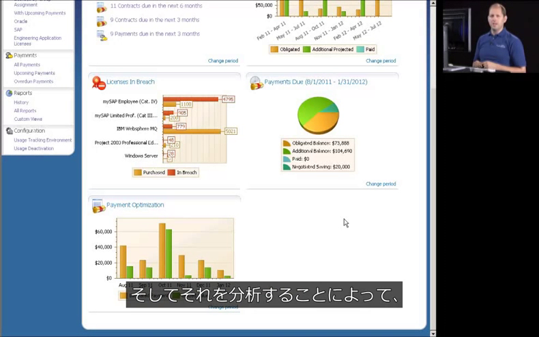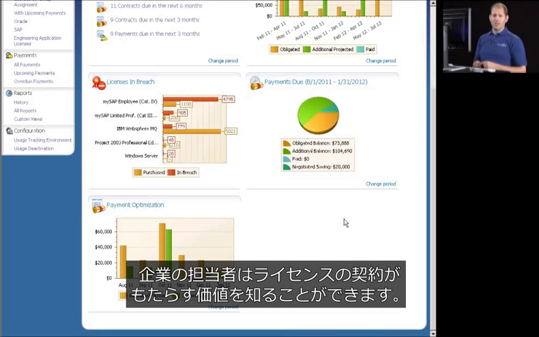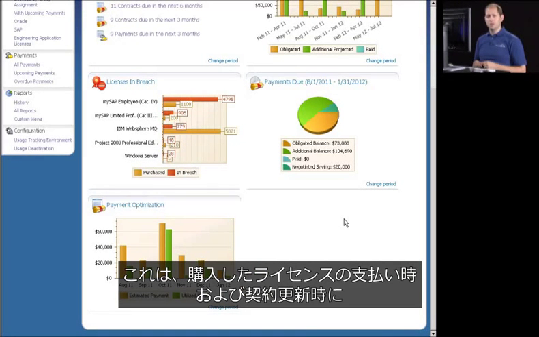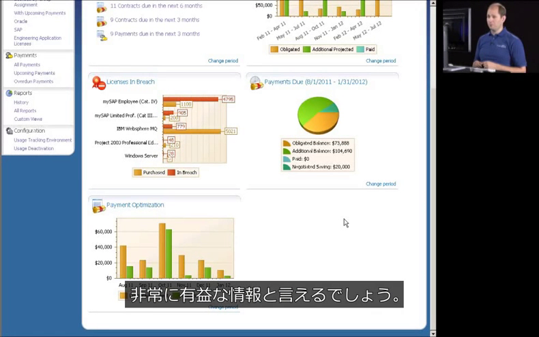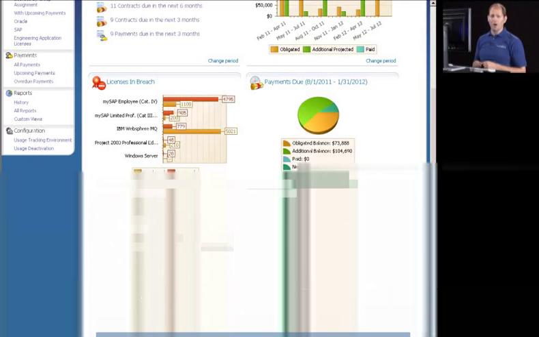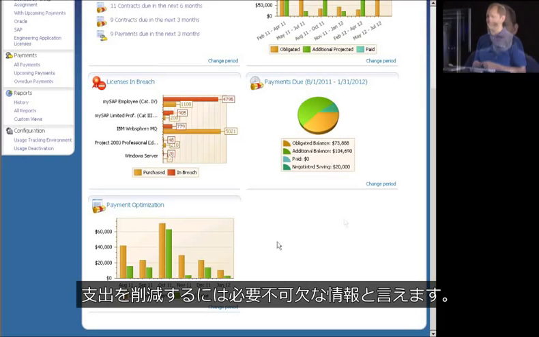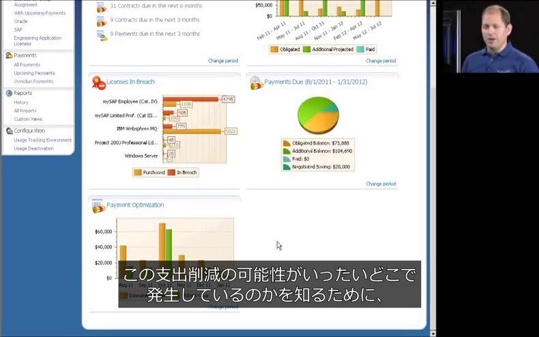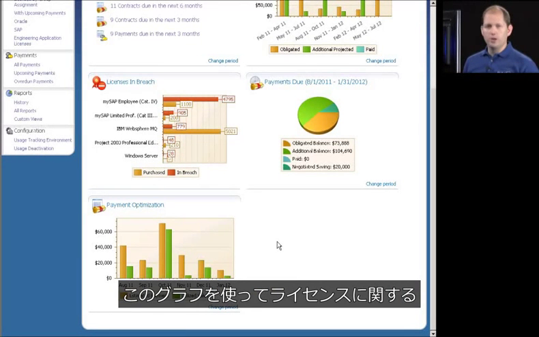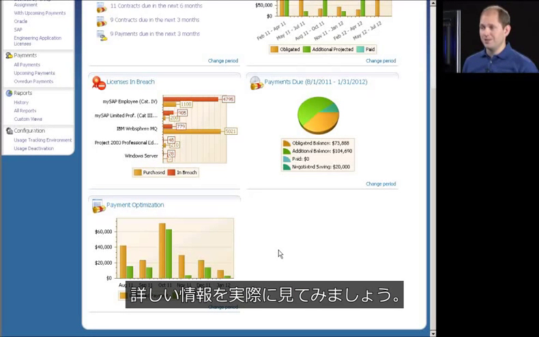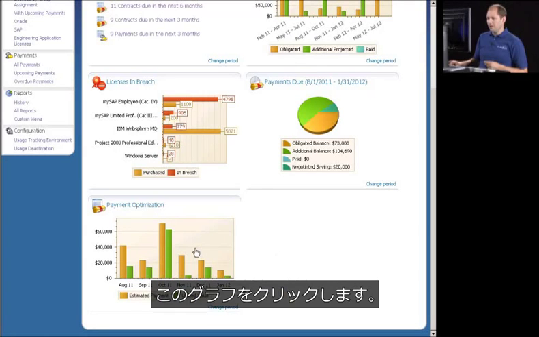By analyzing this, procurement officers could understand how much value they're getting out of a contract when it becomes time to renew that contract or make a payment against it. And that's going to be very useful, having savings through this system. So to understand better where those optimization examples exist, we can drill down using these charts to get to the actual licenses in detail. So let me click here,